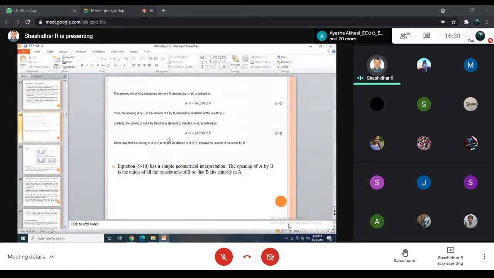So the opening is a set A by structuring element B. In the whole chapter, I means the whole image, and A means inside the I, a set A or the foreground pixels. Structuring element means B or B cap. Opening means A by structuring element B, denoted by A opening of B, with a small circle between A and B. We call it A open B. A is a set, and B is a structuring element.